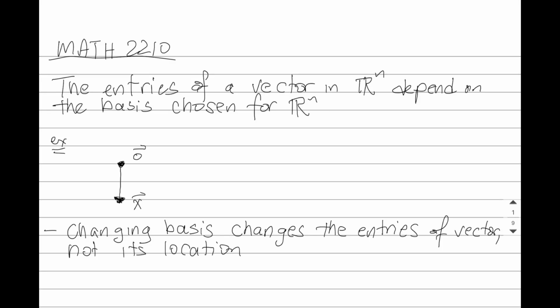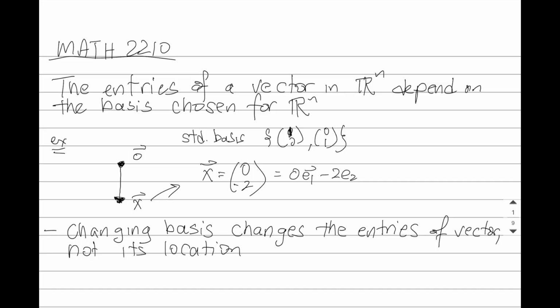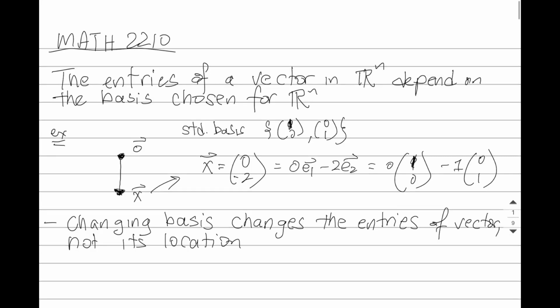The entries of a vector in Rn depend on the basis that you've chosen to represent that vector in. Here is a simple picture of a vector in R2. If, for example, we choose the standard basis, this vector x would be (0, -2), which means 0 bunches of E1 and -2 bunches of E2. Now, when we change the basis for the space we're in, it changes the entries of the vector, not its